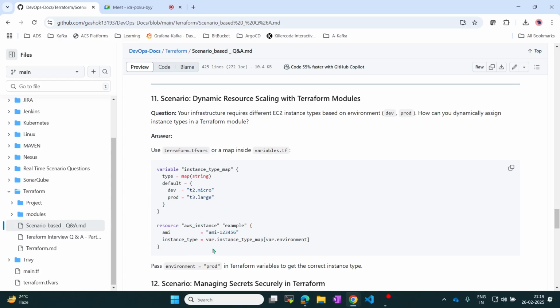So what happens when you create a resource under instance type: var.instance_type, var.instance_type_map, and then you can give it as a dictionary. Okay, so what it will do, you can give var.environment. So you can define this dev or prod, whatever. So based on that, it will automatically take care. Okay,